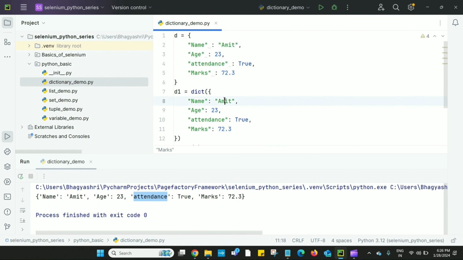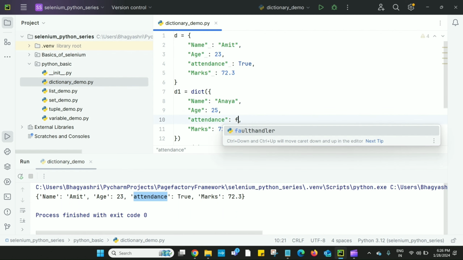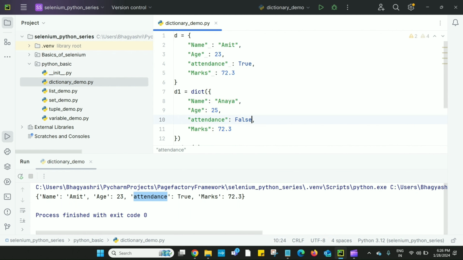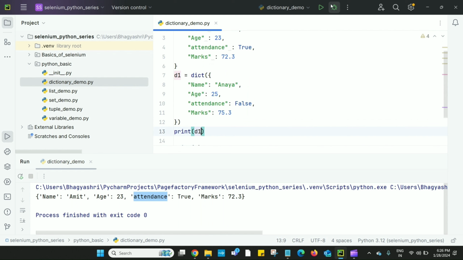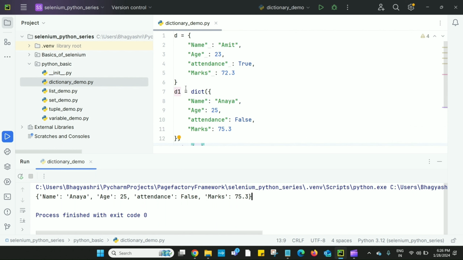I will use the same, but change the name from Amit to Ananya, age let's say 25, attendance as false, and marks as 75. And let's print this dictionary d1. So I am getting the record of Ananya in key value pairs. So this is another way of declaring the dictionary.